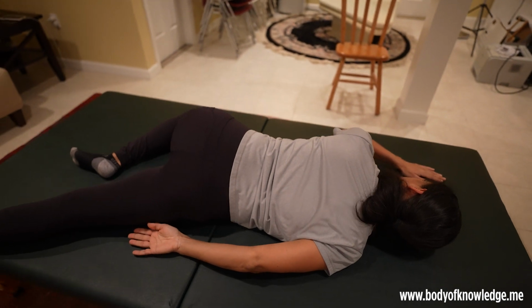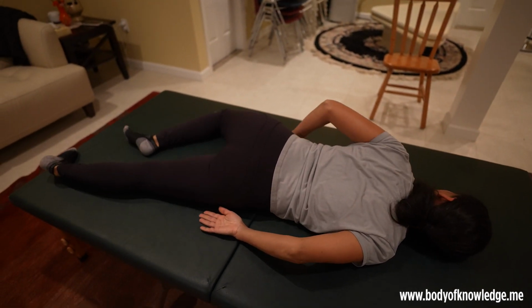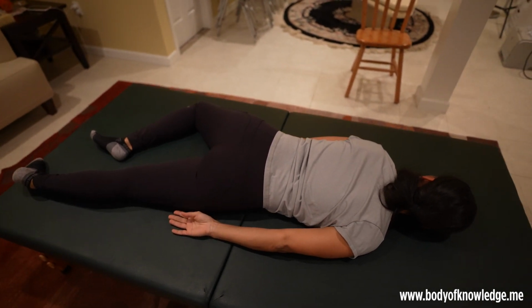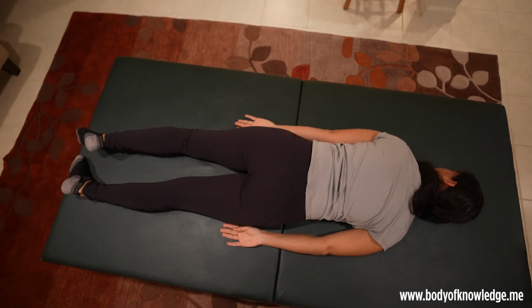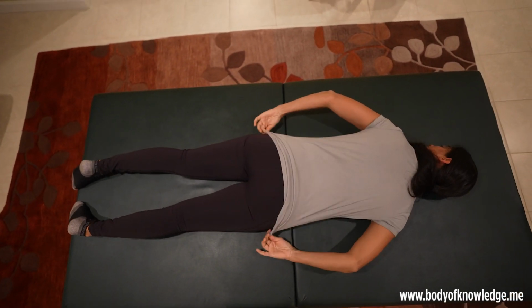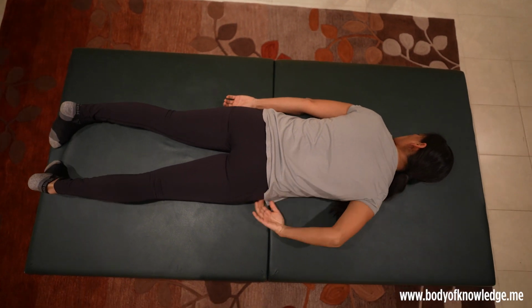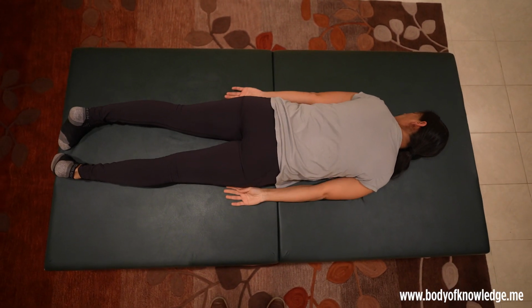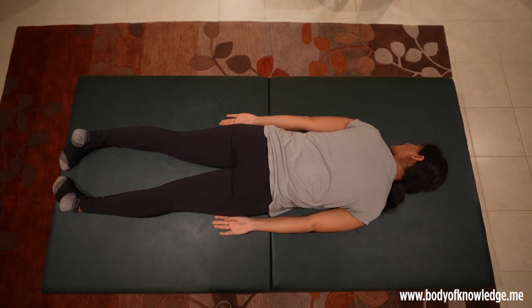And then please bring both arms down to your sides. Rest with both arms long, down, and both legs long, down, and your head turned in whichever direction is more comfortable. And now, as we do the last part of the lesson,